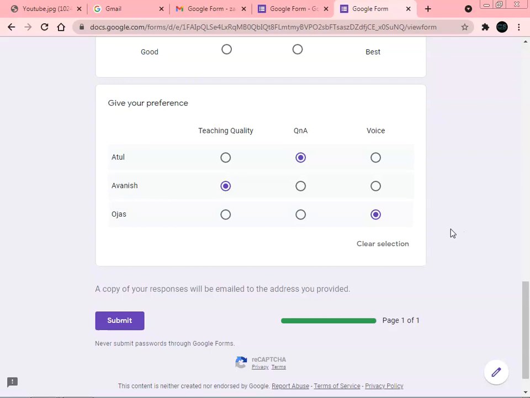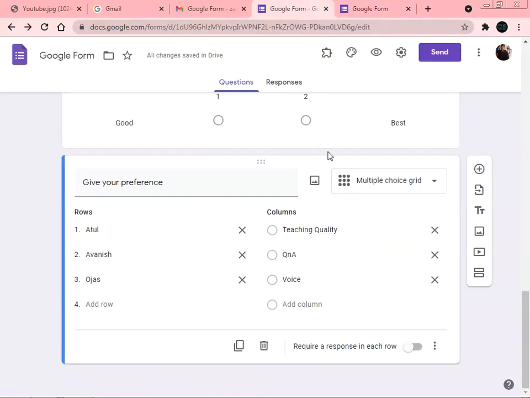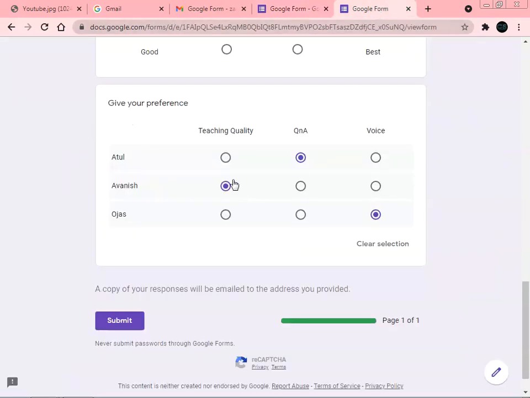So like this, if we have certain parameters which are common for different faculties or persons, we can set this multiple choice grid. Here we had discussed the option to require a response in each row. If we make this required, we cannot give the teaching quality to Atul and to Avnish both.